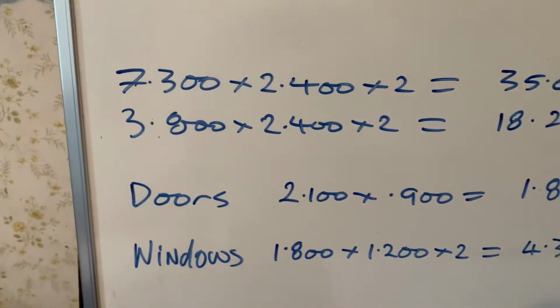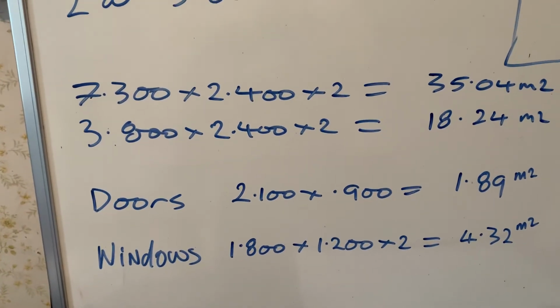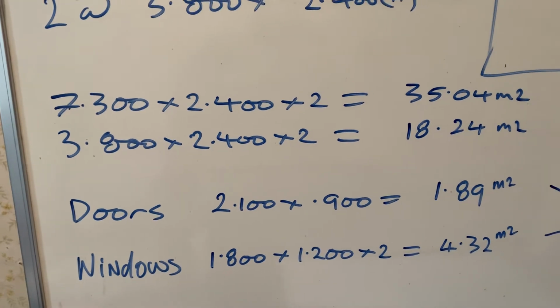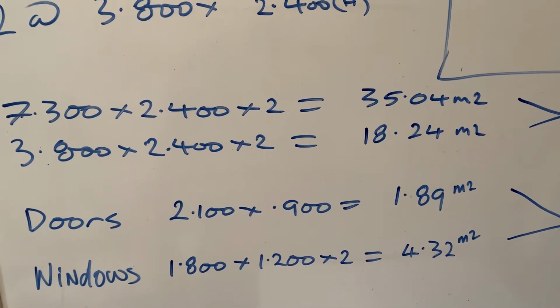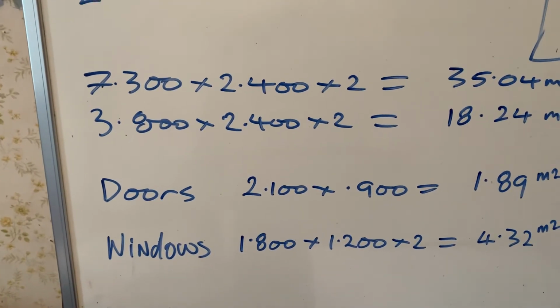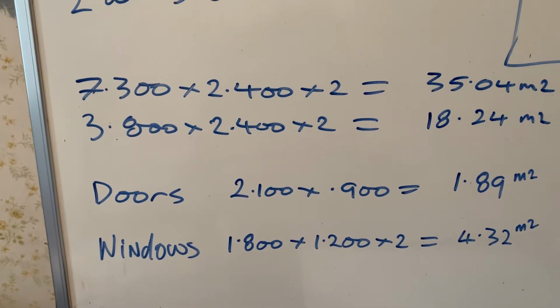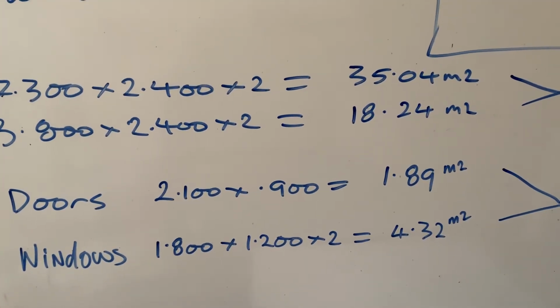Now your door, you have a door of 2.1 by 0.9, which is 900 millimeters. You only have one of those doors, so that equals 1.89 square meters. You have two windows, both are 1.8 by 1.2. So you times that by 2. As you see in the calculation, that ends up being 4.32